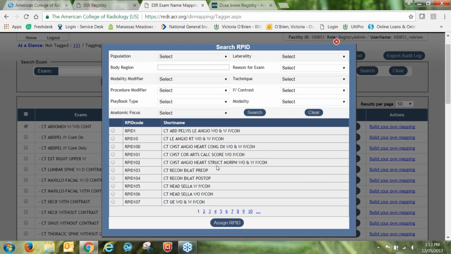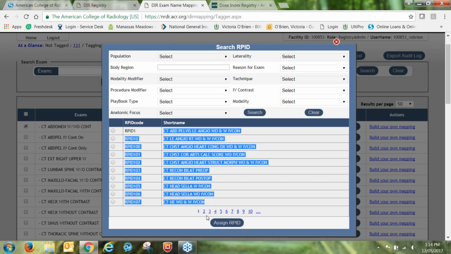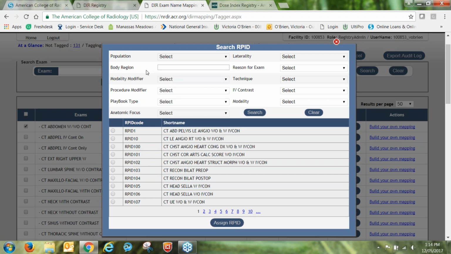box. If we look through these and they are not specific enough and we simply want an abdomen with and without contrast, without having to sort through all the short names and find it and locate it or page through them at the bottom, which can be long, we can go up here and refine our search. I like to start with body region. If you click inside the white space, you'll get some options here that you can scroll through and select. Our exam is for the abdomen, so I'm going to select abdomen and then click on the white space to